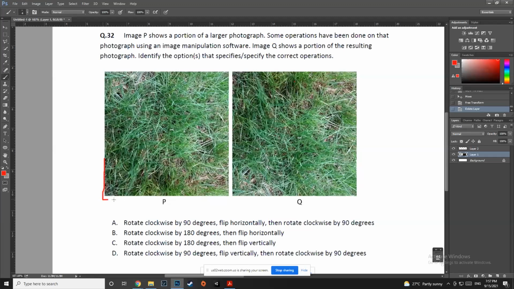So I will take this dark corner. Okay, Neha, can you see this dark corner? Now let us imagine option B, rotated 180 degrees. If I rotate this dark corner 180 degrees, 90 will bring it here, 180 degrees will bring it here. So we know after rotation, the dark corner should be here. Do you agree? And then if I flip it horizontally, I will know that the dark corner should be here, because we are flipping it horizontally. Agreed? And you can see in the image that the dark corner is there.